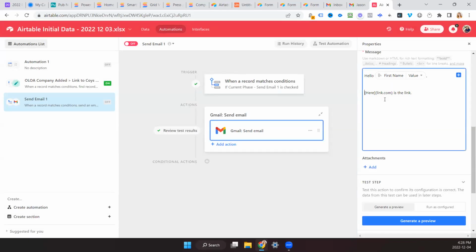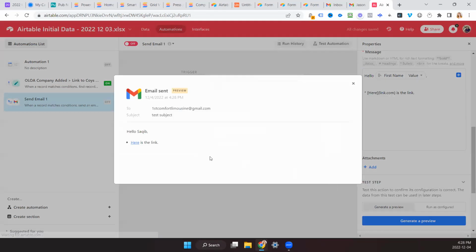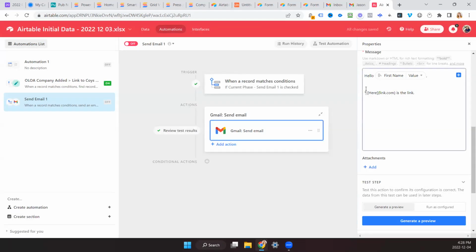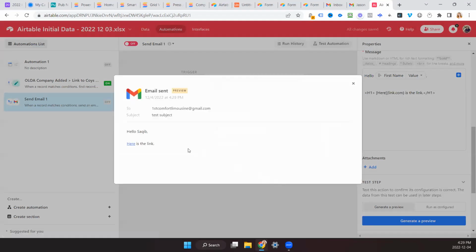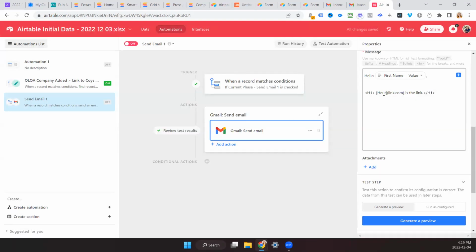And there's other HTML formatting. You can add a little star like that, make a bullet. You can add some HTML, like H1. What's H1? It's heading 1. Oh, okay, I remember seeing those when I was looking at it.